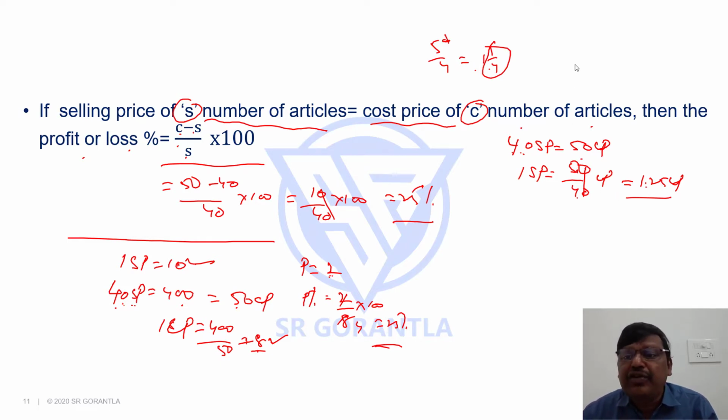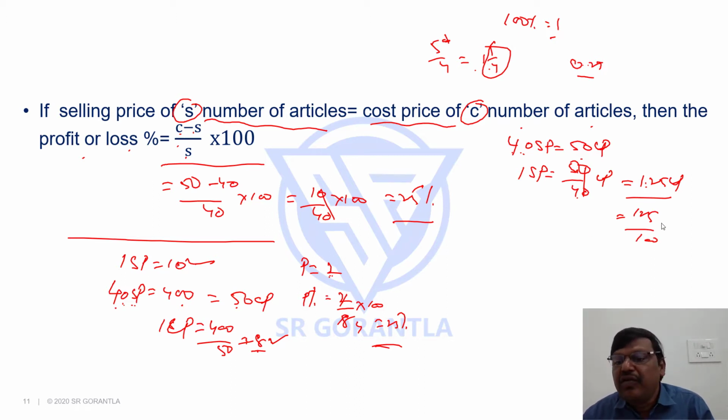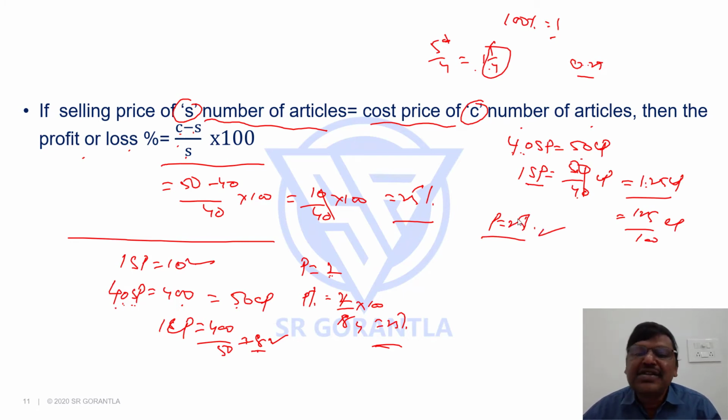1.25 means how much more than 1? Why? 100% is 1. Anything more than 1 is your profit, anything less than 1 is your loss. Here 0.25. If you recall the percentage class we discussed, anything more than 1 is the increase, anything less than 1 is the decrease. Increase means profit, decrease means loss. 0.25 is the increase, so I can say 0.25 means 25%. Or if you still need confirmation, 1.25 is nothing but 125 by 100, yes, 125% of cost price. When the selling price is 125% of cost price, it is 25% more, which means there is 25% profit. Like this, you can answer the question, right?